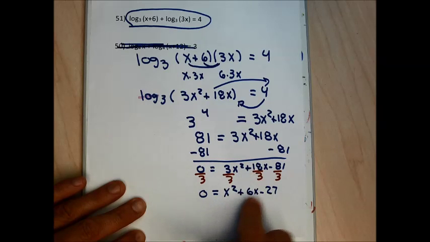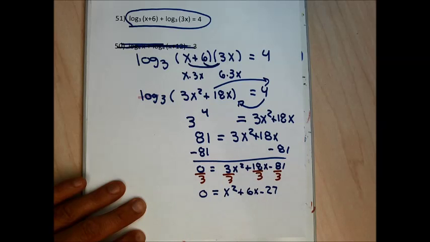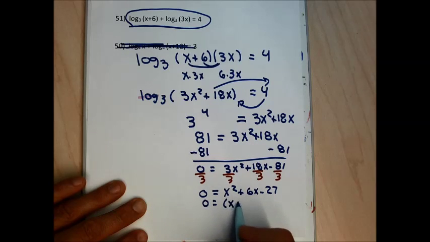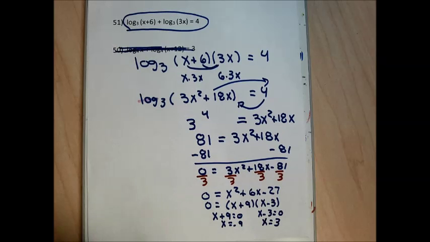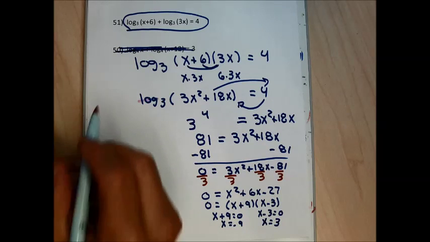18 divided by 3 is 6. 81 divided by 3 is 27. I'm going to factor this and get 0 equals (x plus 9) times (x minus 3). Then I'm going to set x plus 9 equal to 0 and get x equal to negative 9, and set x minus 3 equal to 0 and get x equal to 3. I should check both of these because the negative one's not going to work. So the first one I'm going to check